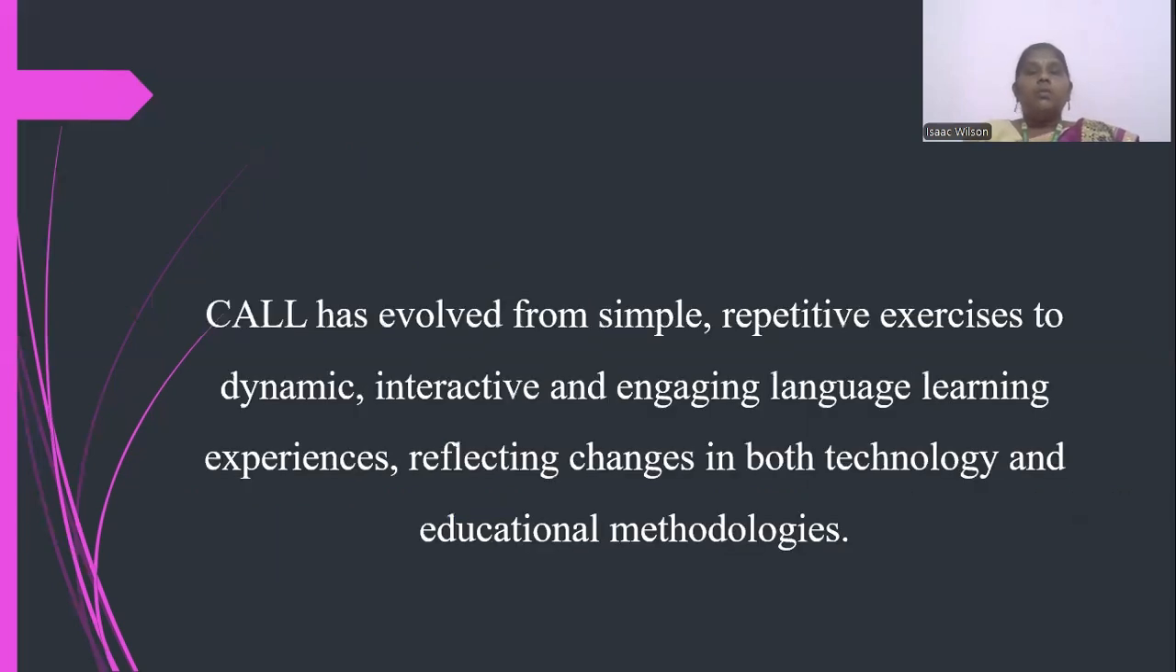Okay. So, on the whole, CALL has evolved from simple, repetitive exercises to a dynamic, interactive, and engaging language learning experience. So it reflects both aspects. On one side, it reflects language learning methodologies, and on the other side, the massive development of technology. Through this, CALL has evolved through these 3 phases. Okay, so